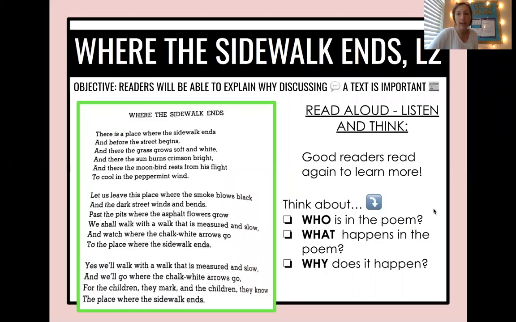Alrighty, friends. Now that you got to hear me read the poem again, one time without stopping the whole way through, this time when we read, we are going to stop. We're going to stop at each stanza. And if you remember from yesterday, a stanza is a group of lines. So I'm getting my highlighter ready, and I'm going to mark each stanza in orange.